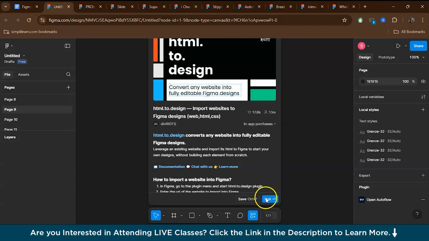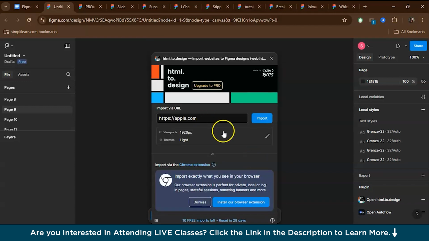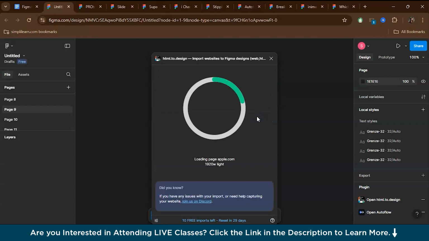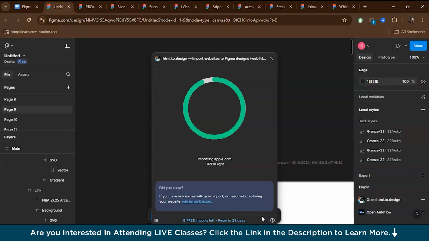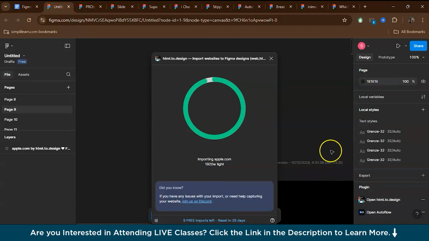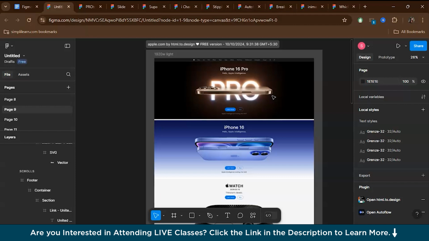So it's pretty simple. Let's just see how. You basically just have to type your URL over here, whichever website's design you want to introspect, and then just import it. It will take a few seconds. You can see the magic happening in the background. You just had to simply input the URL of the site you want to replicate and hit the import button, and boom, you have this, the editable Apple website. So you will have a customizable design right in your Figma workspace.